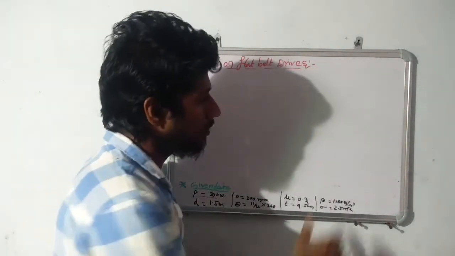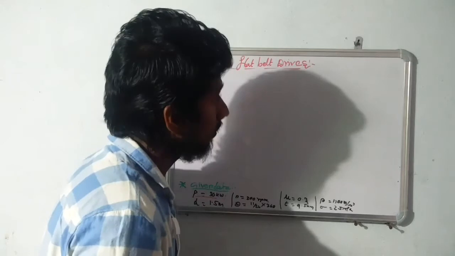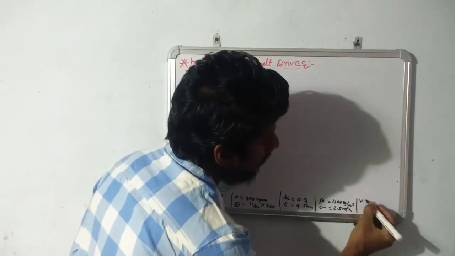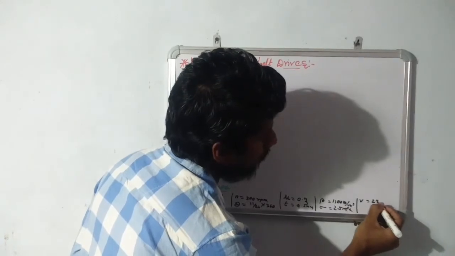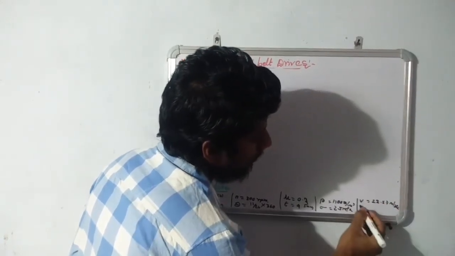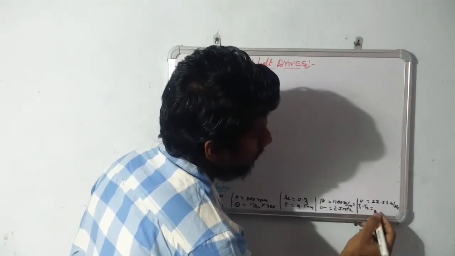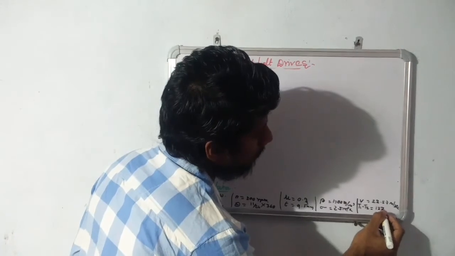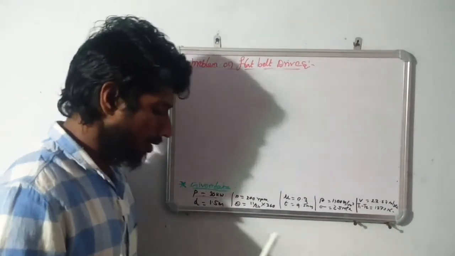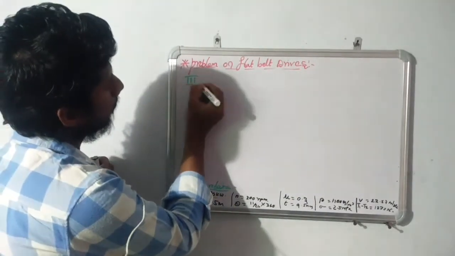So I think it's better to write down the values we found on the other side of the given data. So what we found here, velocity, that is equal to 23.7 meter per second. And next one, tension in tight side minus tension in slack side, that is equal to 1273 newtons. Okay, go to the next step, that is the third step here.